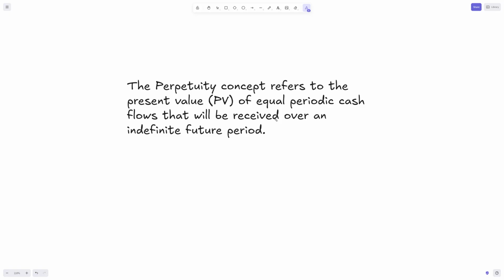In this video, we'll break down what perpetuity is, how to calculate it, and I'll walk you through an Excel example to make sure that you can start applying this concept in your analysis straight away. Let's get started. The perpetuity concept essentially helps us represent current value, the present value of an indefinite future number